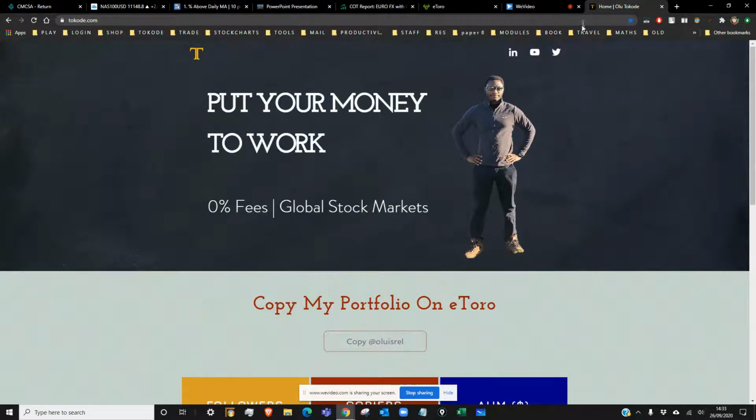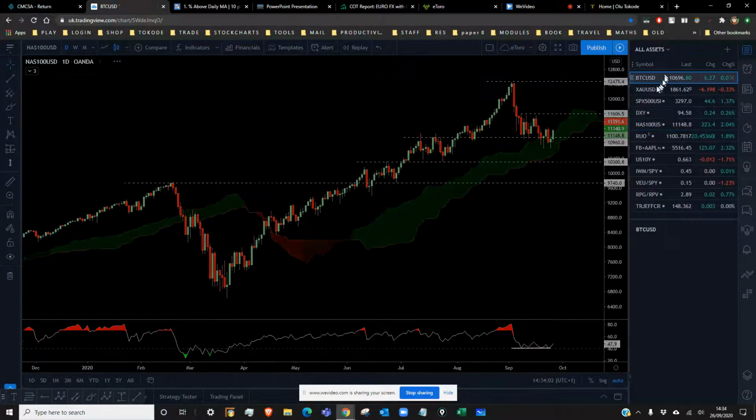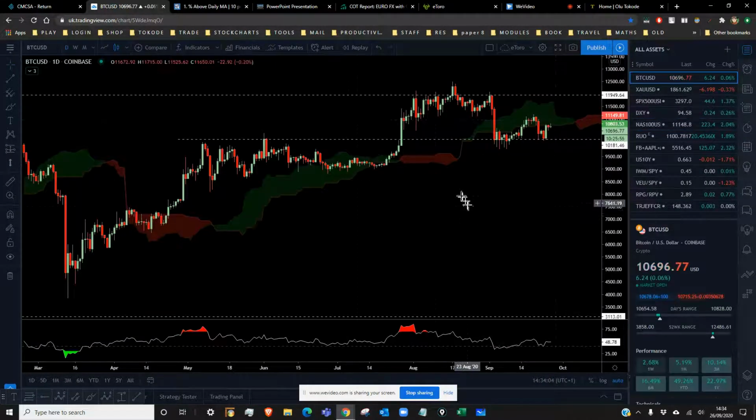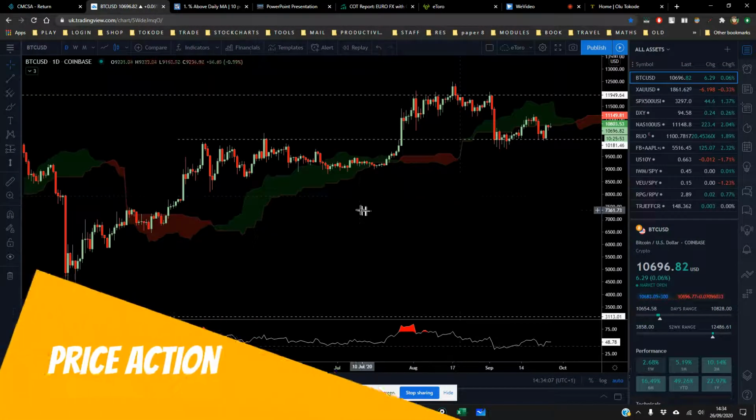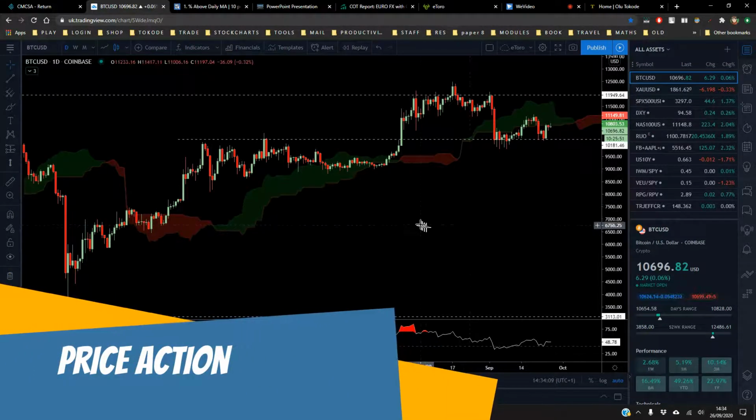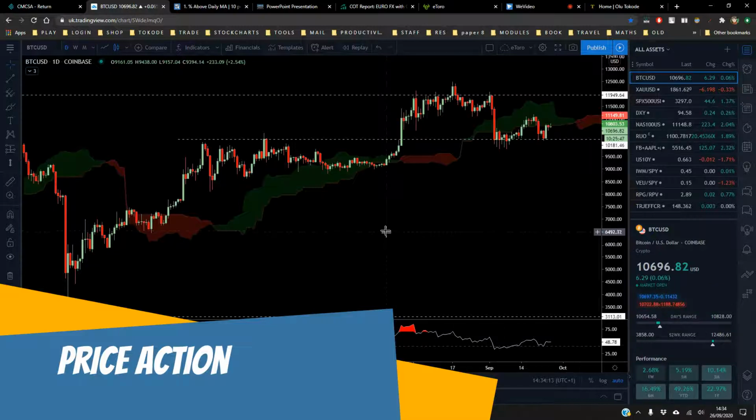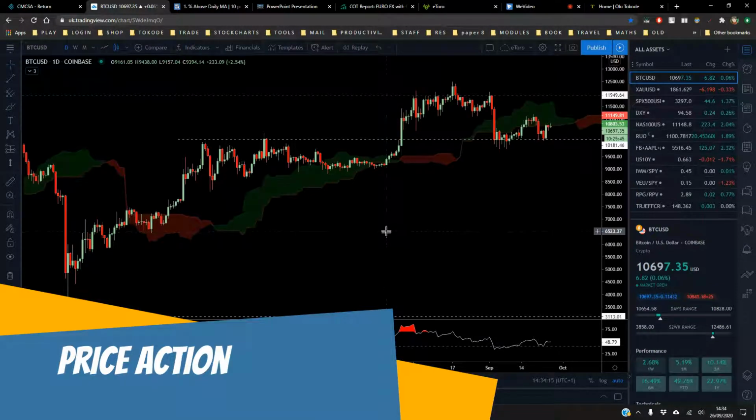I think some moves are beginning to take place in that index, but before that, I will go into the price action of Bitcoin. I like to start with Bitcoin. So this is Bitcoin, and looking at this chart,